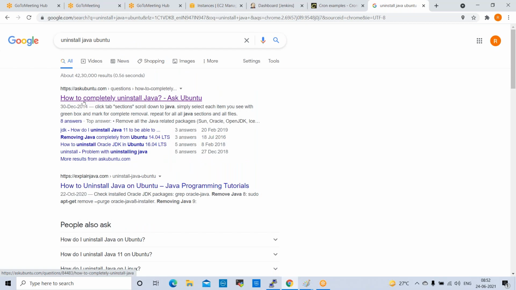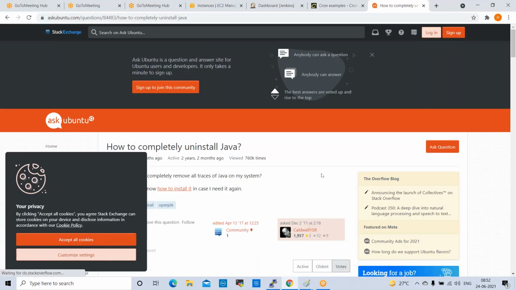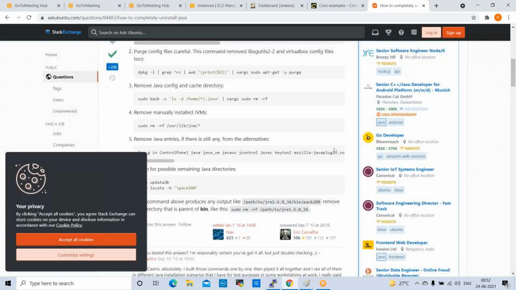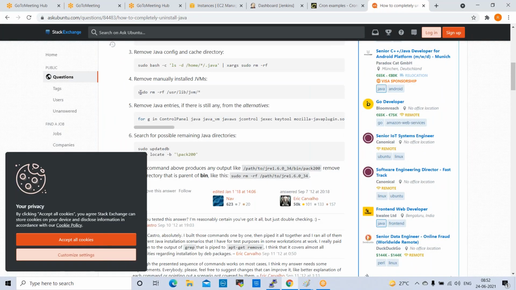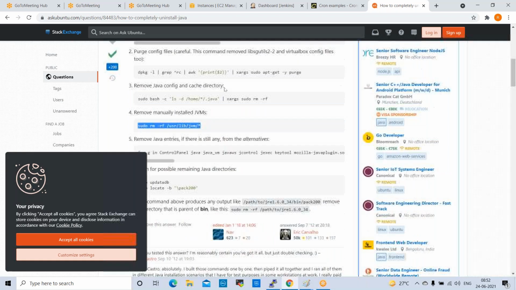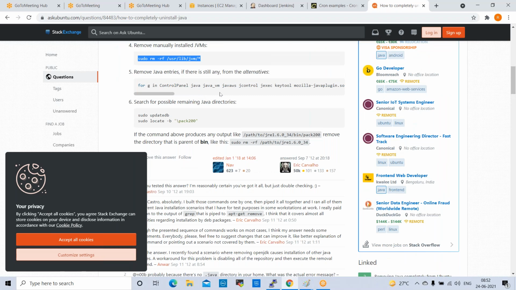DigitalOcean also has how to completely uninstall Java. Some comments are there. See here, remove manually, install JVM. Okay, so Java.